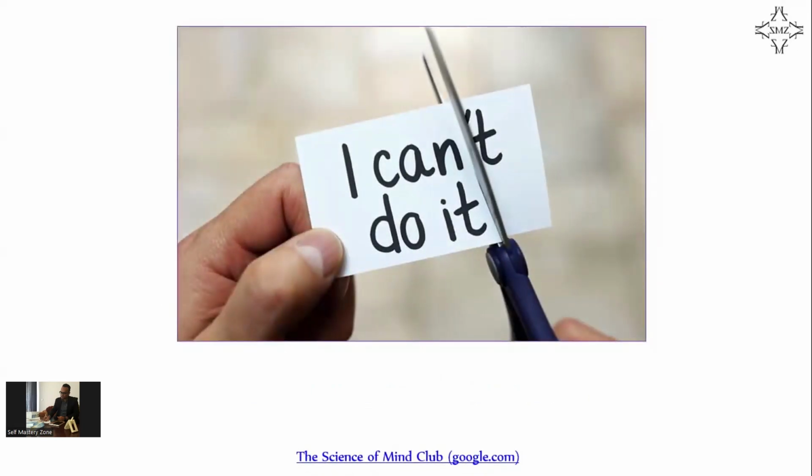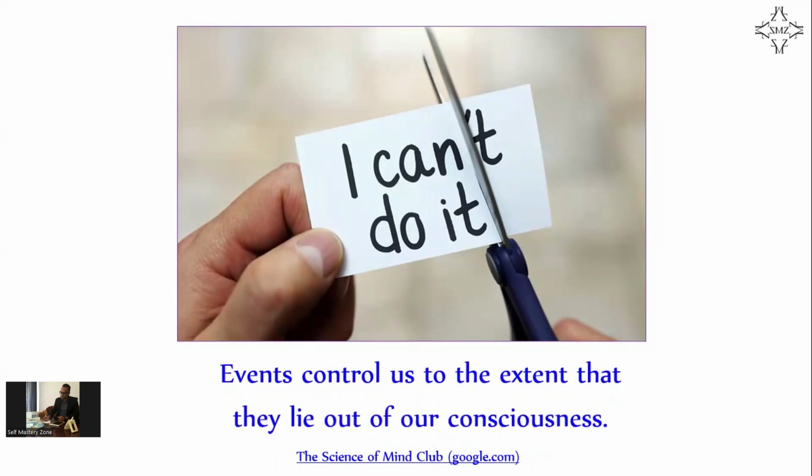Next one is my favorite, where you are changing the reality in the way that you want. From the can't, there can be a can. Wherever there is a can't, there can be a can. Wherever there's a won't, there is something that you can win at the end of it. So events control us to the extent that they lie out of our consciousness. The moment you are aware of the patterns which are pulling you down, bringing a negative spiral in your life, setting you up for failure, that awareness, I would say, is the very first step of change. The change work starts the moment